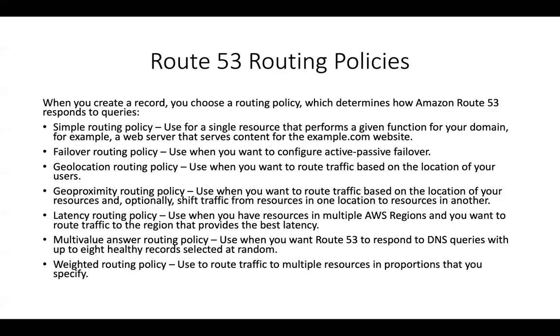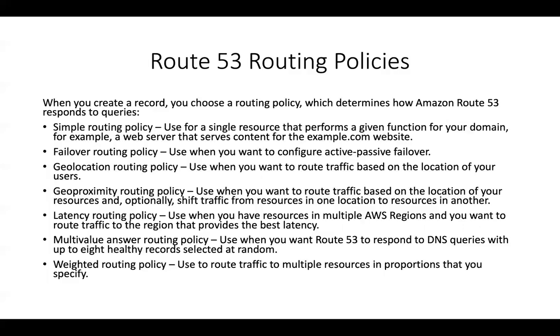The next routing policy is called the failover routing policy, where you can configure an active passive failover. You can have two environments set up, one environment sitting in the Northern Virginia region and another environment with the same configuration, probably sitting in the Sydney or the Mumbai region. When you configure a failover routing policy, you can specify that one is the primary record and the Sydney or Mumbai one is your secondary record. If the primary fails, then all of your translations are going to be done to your secondary record. In that way, you can have zero downtime or probably 20-30 seconds of downtime for your end users.